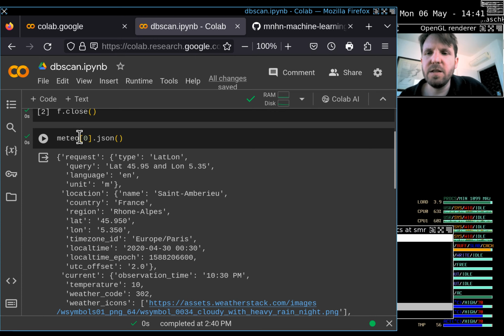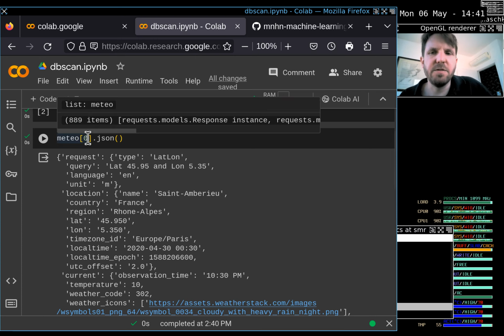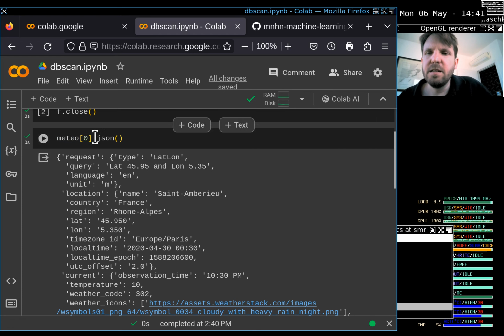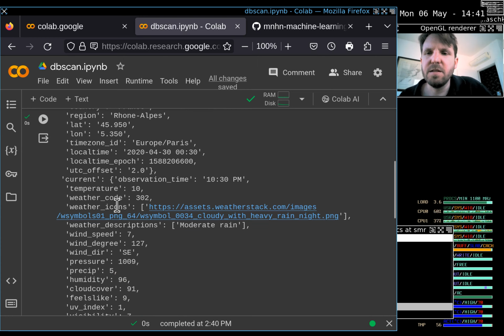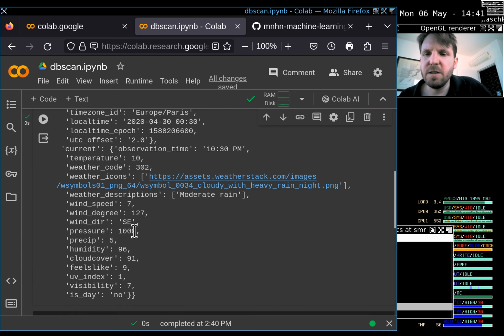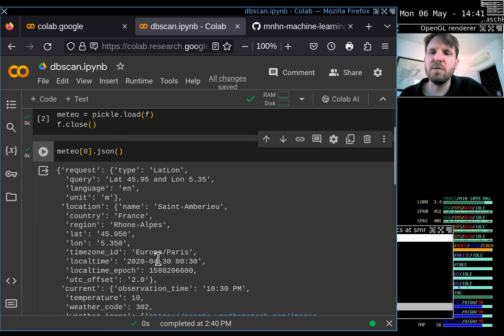Each index here gives you a town, and the .json gives you information about this town. What we want is the temperature, the wind speed, the pressure, the humidity, some of this data out of here, and we will access this and work together with our